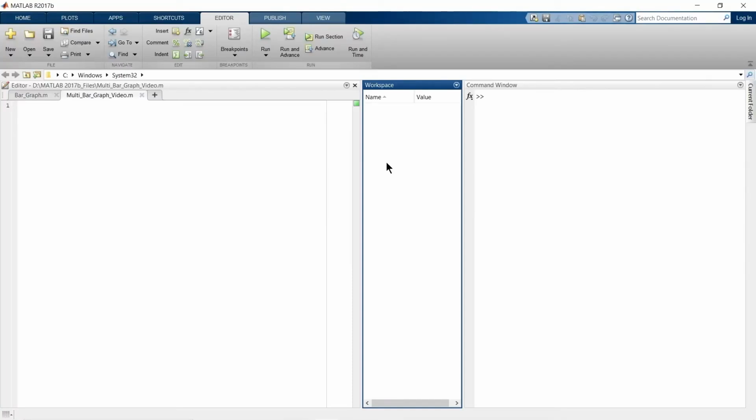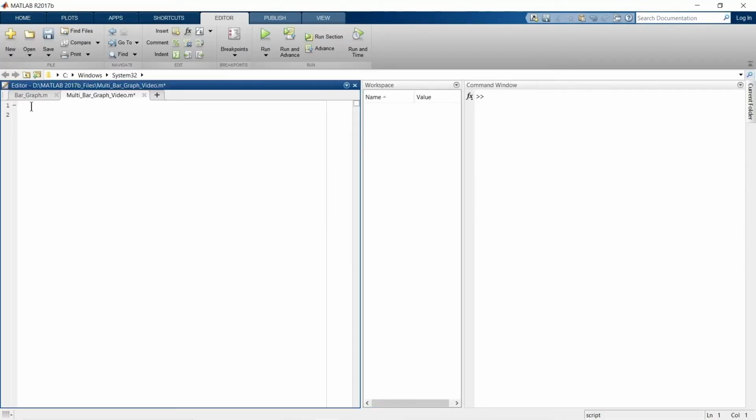So let's begin with creating a data set. So I'll start with writing this, and now I'm going to have a data set. So this is y, which is our data set. So now I'm going to plot the bar graph for this y,